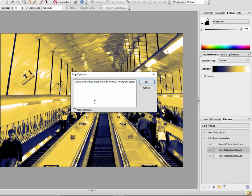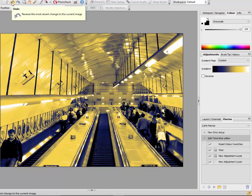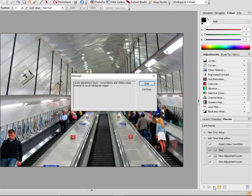which I can't see why that isn't automatic, but I'll click OK. As you can see, I actually wanted this before that layer, so I'll see if I can move that to there. Yes, I can. So now when I do this, it should stop, and then I will add the adjustment tool in for that particular layer by putting an icon there. So what I'll do is I'll undo this, and then go back to the split tone, and then run that again,